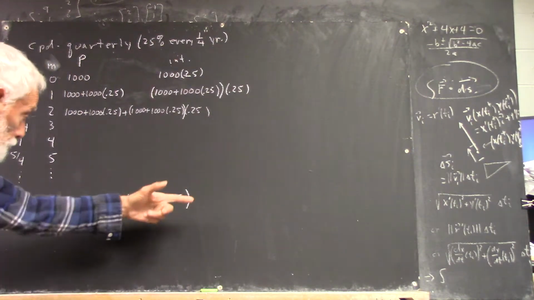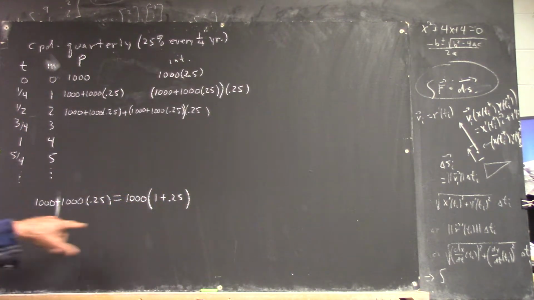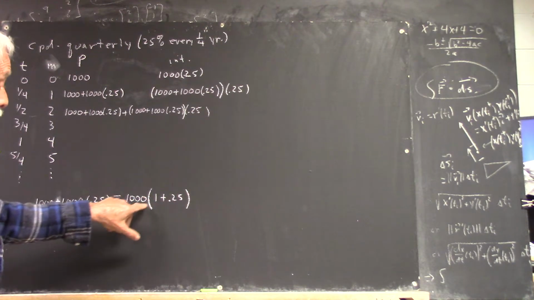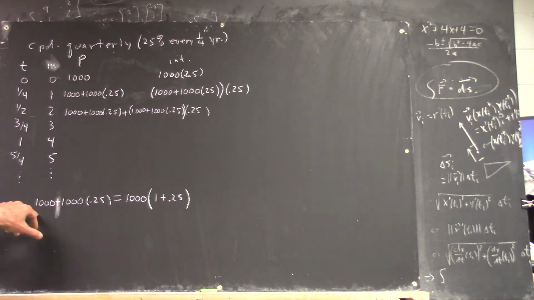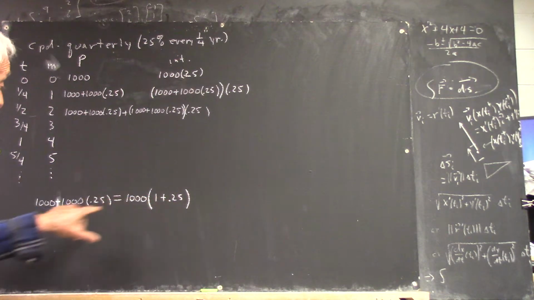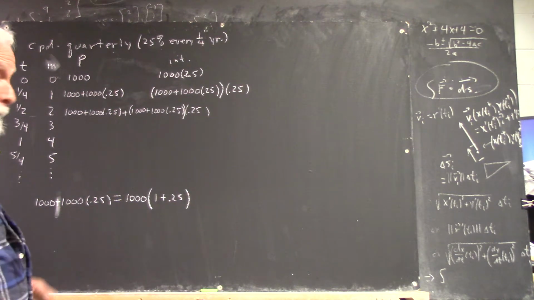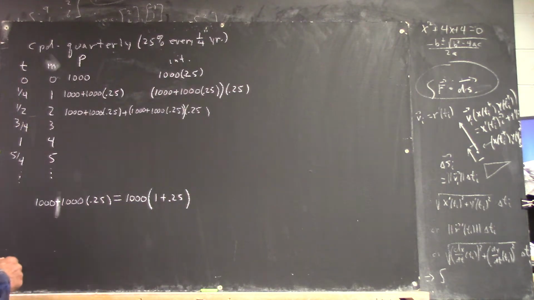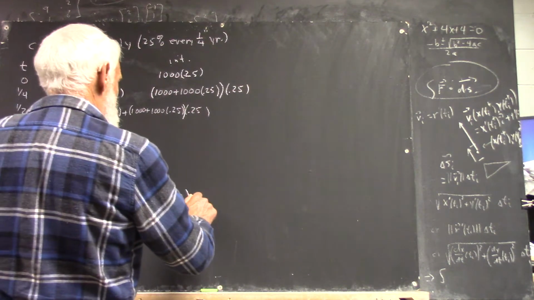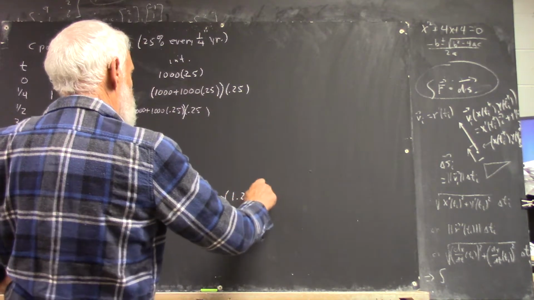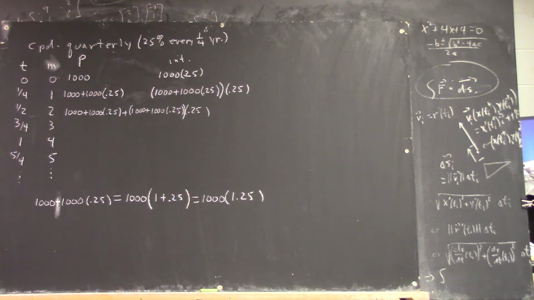If you don't see it going this way, you can certainly see it going this way, because if I multiply 1,000 times 1 plus 0.25, I get 1,000 times 1, which is 1,000, plus 1,000 times 0.25, right? This is where you get the formula from. This is leading to a formula, okay? And this equals A equals P times 1 plus R over principal. 1,000 times 1.25.